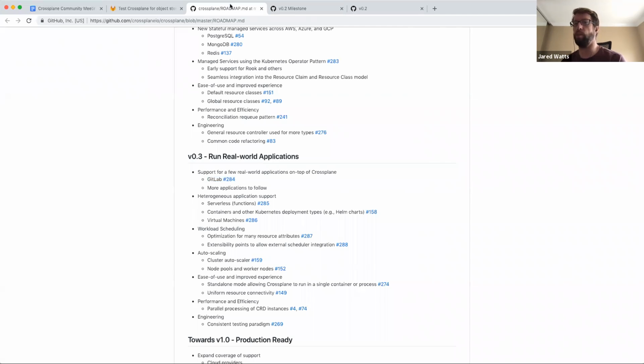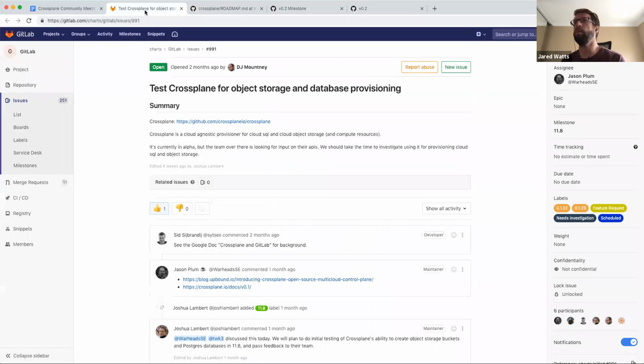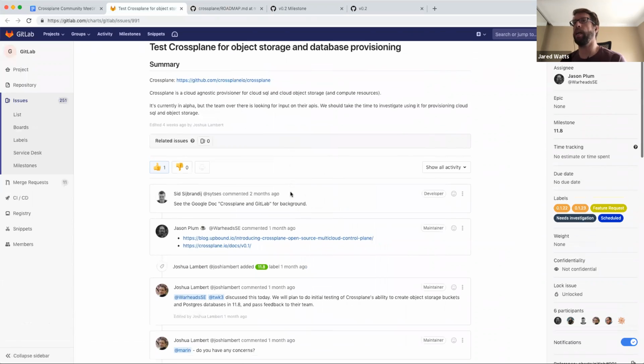So I just wanted to give a small update on that. Some of the engineers from the GitLab side, like DJ and Jason, have been working on testing out Crossplane and getting ramped up on it and figuring out the current status of the feature set and what might be missing.